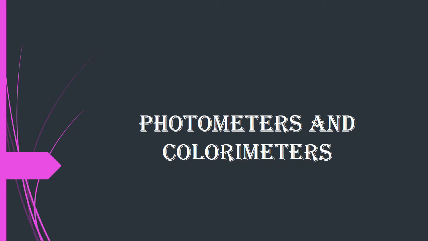In this lecture, we will be seeing about photometers and colorimeters. The colorimeter and the photometer are used to measure the transmitted and absorbed light as it passes through a sample. The colorimeter actually uses light absorption to determine the blood proteins and iron levels. In order to enhance the color of these substances in blood serum, we must mix it with reagents.